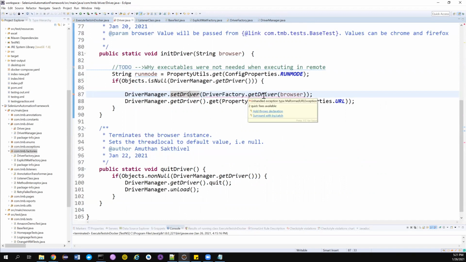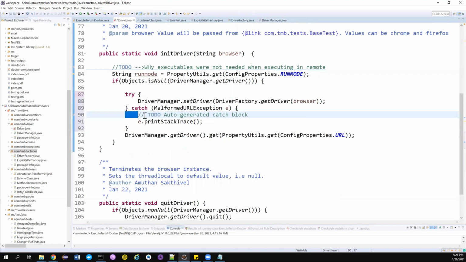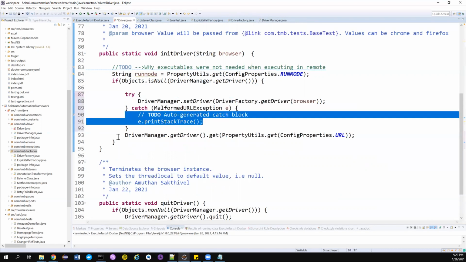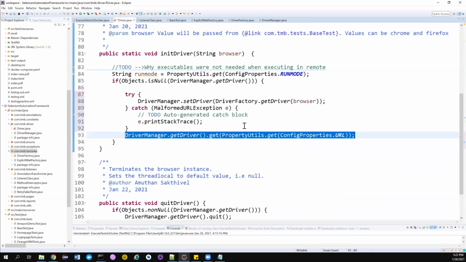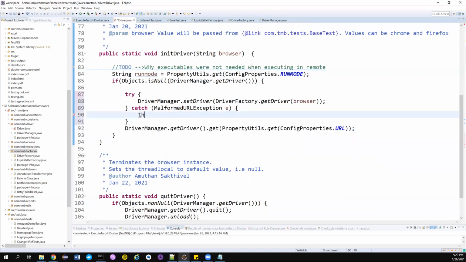So instead of throwing the exception back to the caller, here I can handle it because I have enough information. I can handle all those four exceptions as just one exception, because all these four exceptions basically mean the browser cannot be invoked. That's the problem, right? So I can handle this with a try catch here. Again, if I handle it with a try catch, it will go and try to execute the next statement, which is not needed. So I can throw a new runtime exception. Good. If I throw a new one, I can say browser invocation failed.